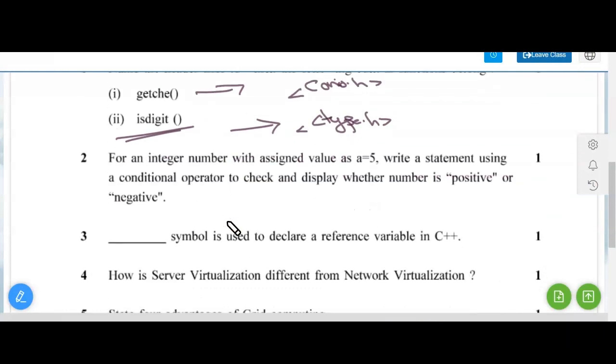Next question is, for an integer number with assigned value a as 5, write a statement using a conditional operator to check and display whether the number is positive or negative. Again, it is a 1 mark question. So you don't have to write the whole program, just you have to write a statement where it says how to do this program. Okay, so the value of a is given as 5, so it can be an integer value. Then you have to write a statement which includes your conditional operator, what condition you are going to use. So you can write as,